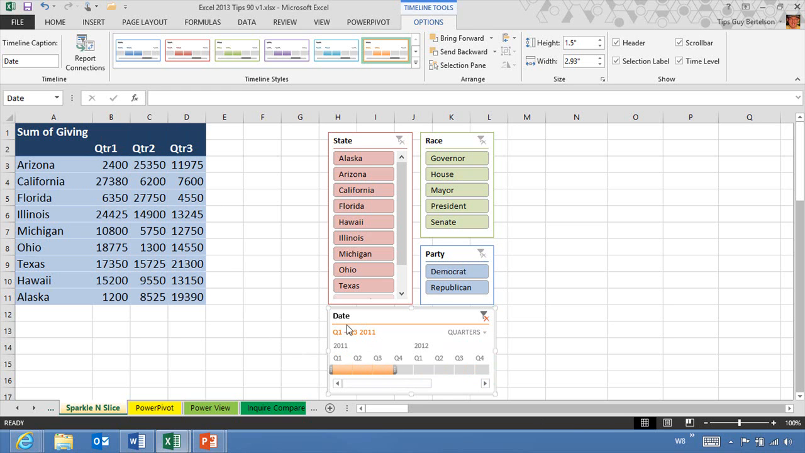And it gives you a very easy visual way to choose the dates that you want to display and see those sliced off and displayed there in your pivot table. So this is a new feature in 2013. It's called the timeline slicer, and it's one of the things I really like about working with slicers and pivot